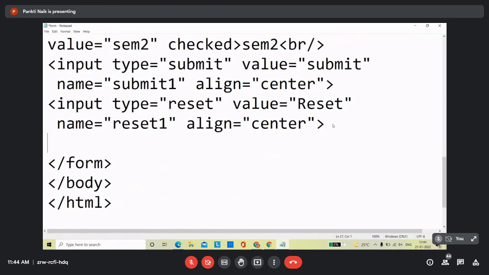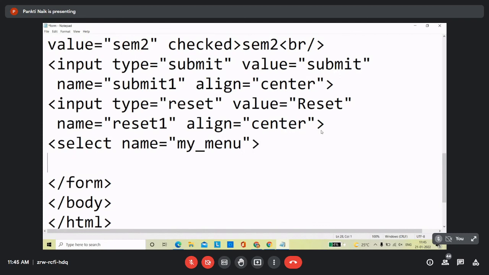Now to create a menu, you have to use the select component, right? Select space, attribute is name, right? So here give any name of your choice, suppose my menu,